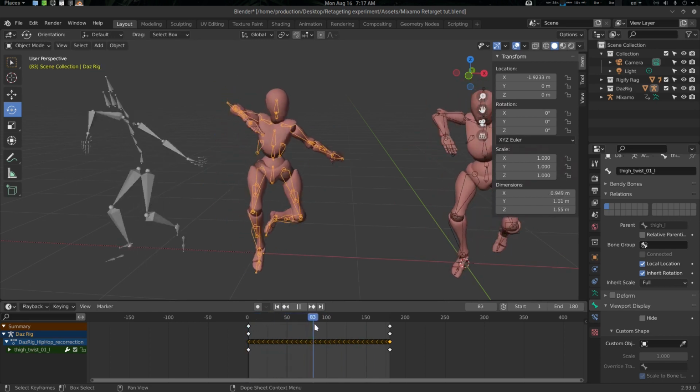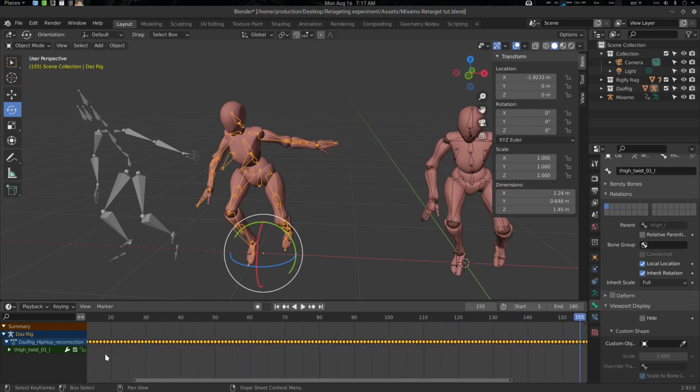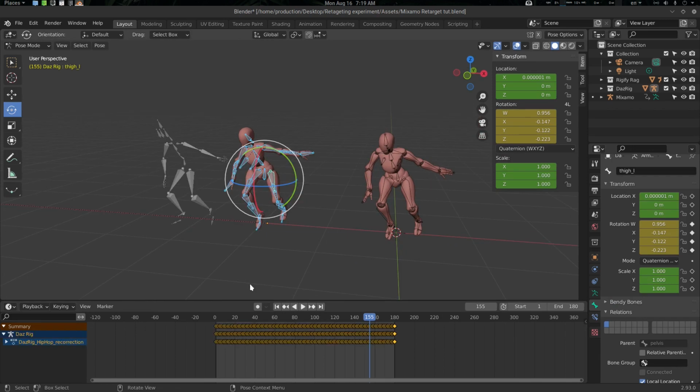Everything is done and everything is good to go. So now if you want to clean it up a little bit more, what you can do is go to pose mode and select all the stuff here,